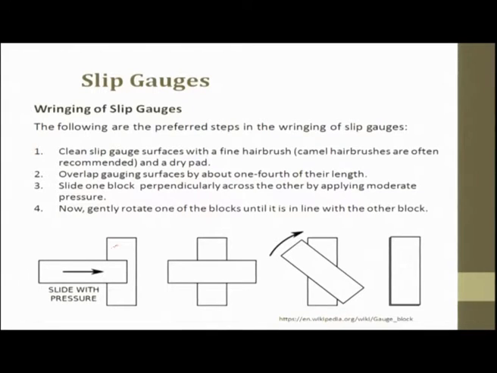As I said, you have gauge 1, gauge 2, first we apply pressure and we slide, so it is becoming perpendicular, then we rotate it and then we put it one after the other. So, this is G2, this is G1, so G2, G1. Now, G1 is inside and G2, both are aligned. So, this we discussed prior.